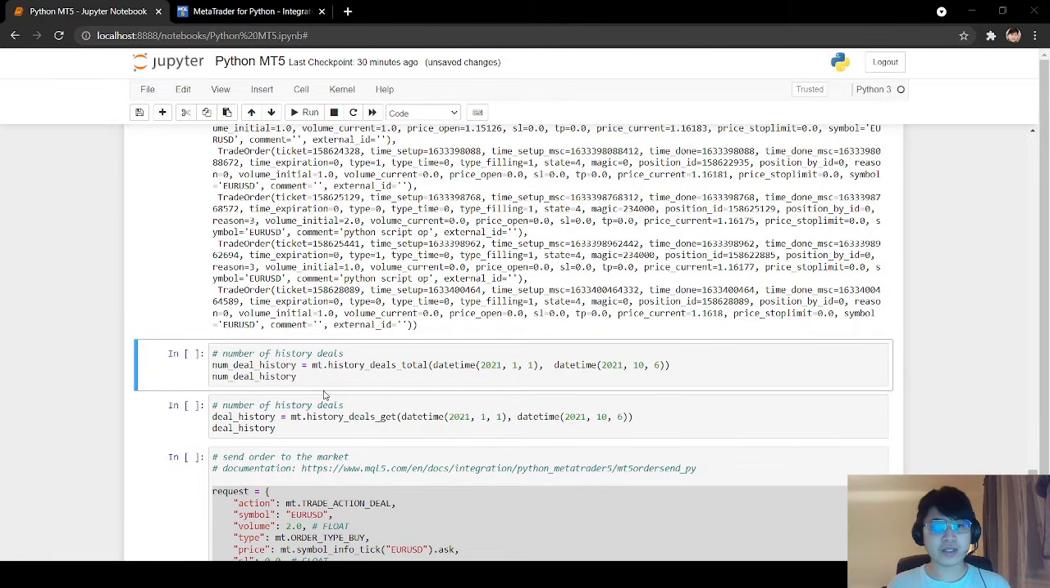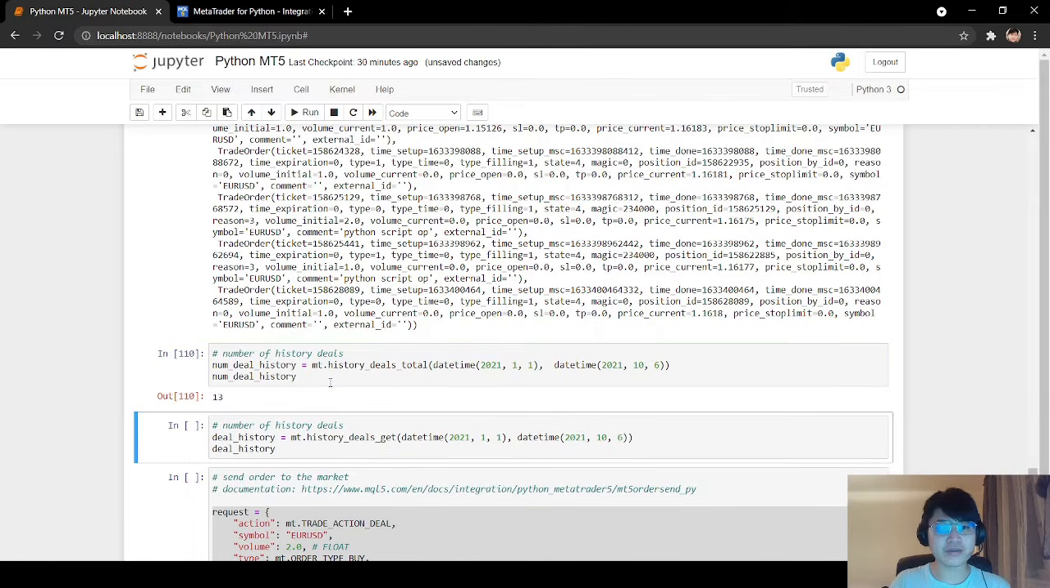Besides orders, we also have something called deals. So the difference between an order and a deal is basically an order is a request that you send to the broker, and a deal is the confirmation or the transaction. It basically tells you that the position has been opened or closed on your platform. So when you send an order, it will create a deal, and the history of deals, or the number of deals, you can get that using